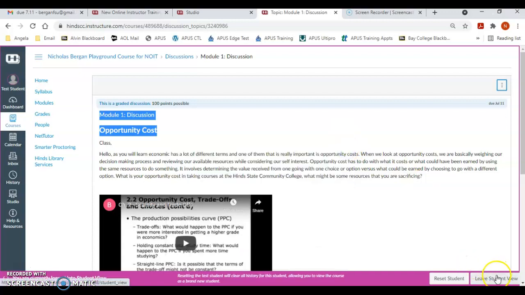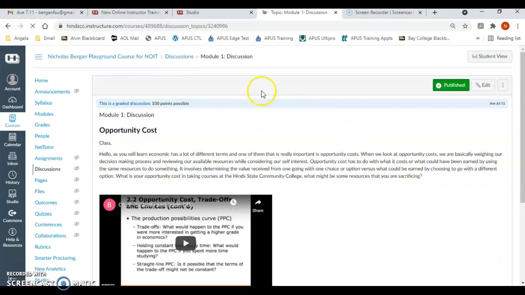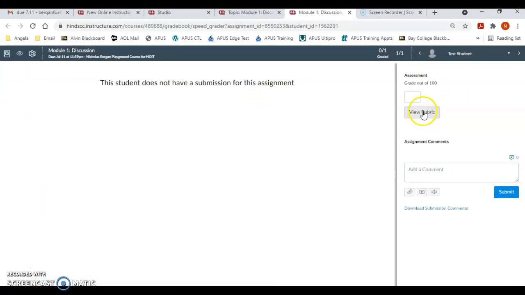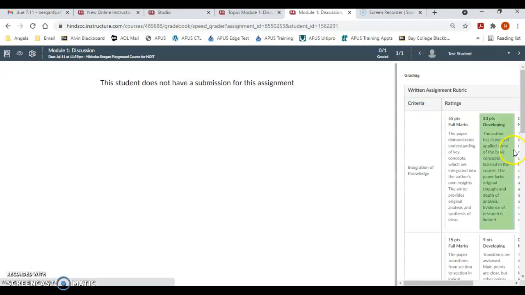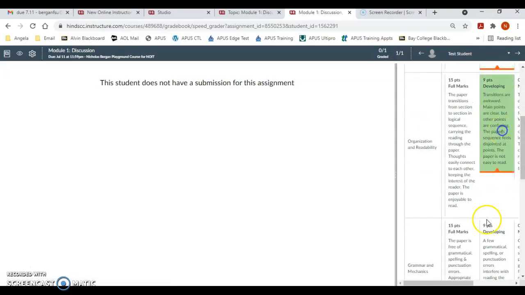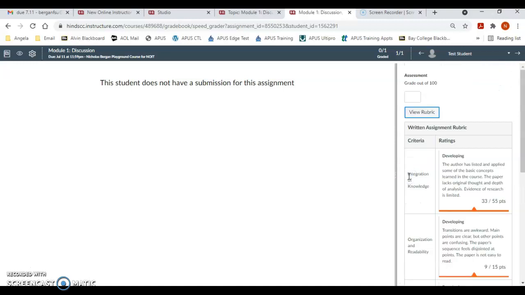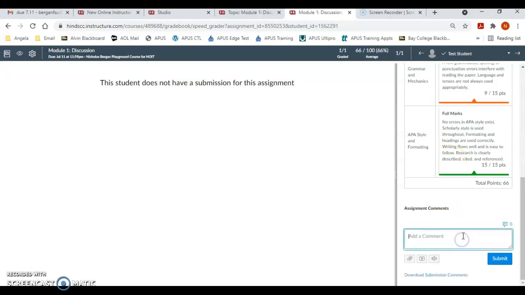So if I want to leave student view and I've been asked to grade it, if I go over to speed grader right here, and if I go view rubric, I can put in, let's say students did this. I can press this, 66. I put 66, and I can put